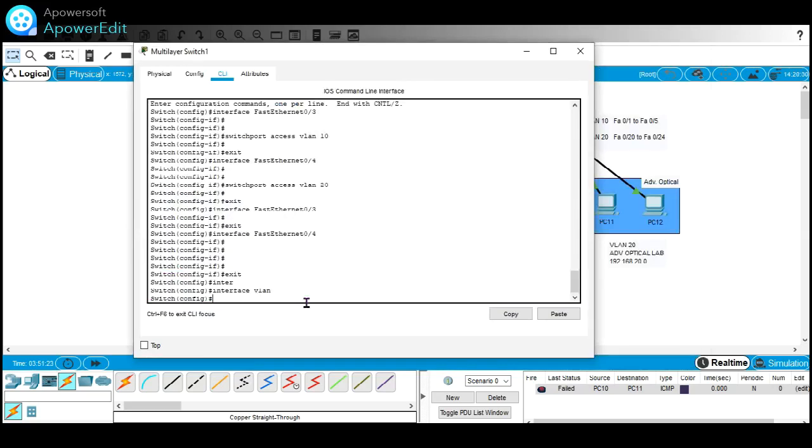We will check whether VLAN 10 and VLAN 20 IP address, I think we have already done the VLAN 10 and VLAN 20 IP address configuration in previous lab. So we will check that one first.